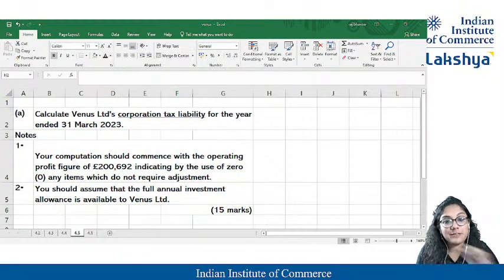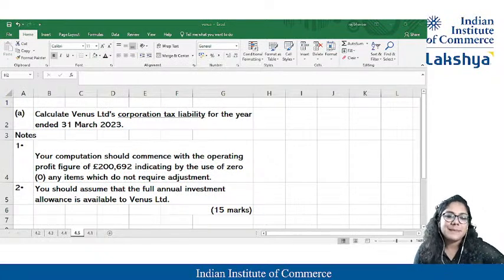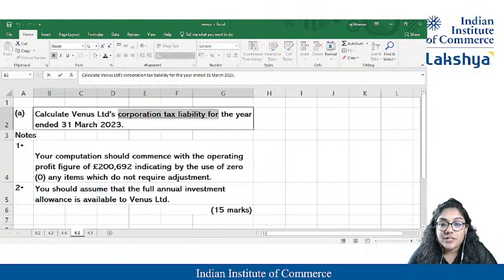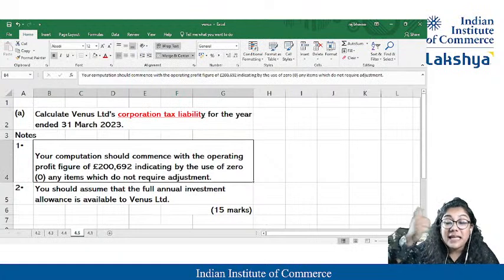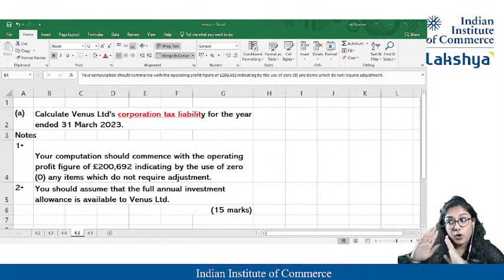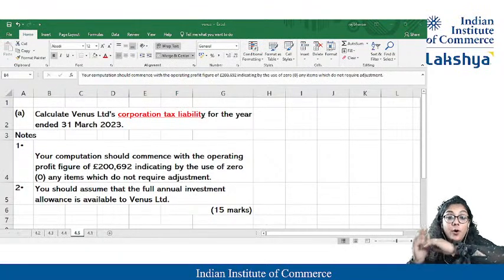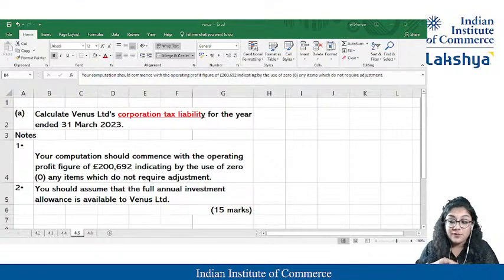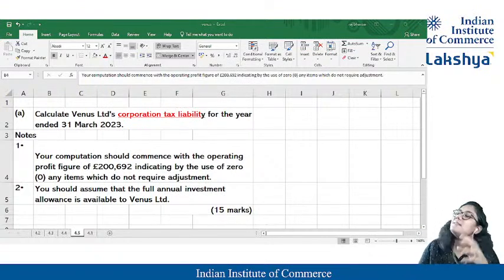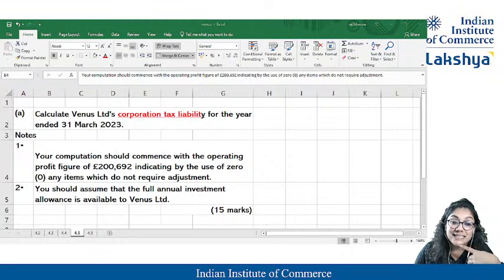Yesterday I was not able to complete that mock paper, otherwise I would have. But it's fine. Over here, it's a corporation tax liability and we have to calculate it. If just one thing is given, everything inside is to be worked out. Maybe some wrong financials or some book profits have been given. We are going to analyze it from the perspective of the Income Tax Act. So let's begin.